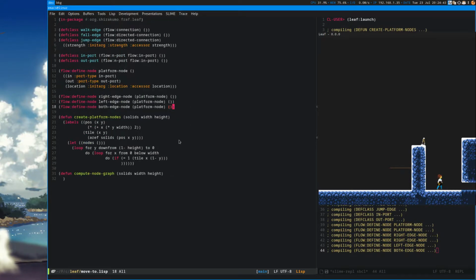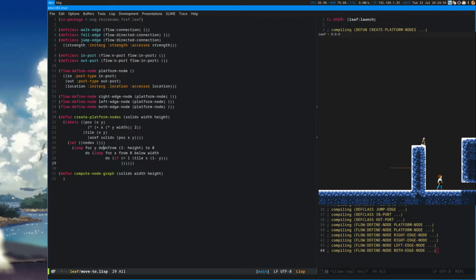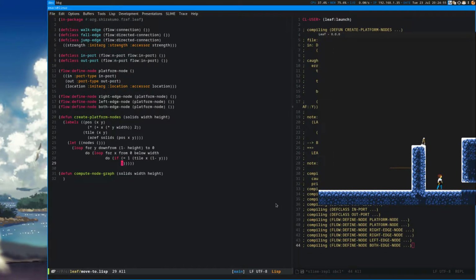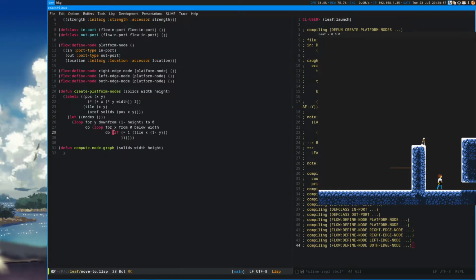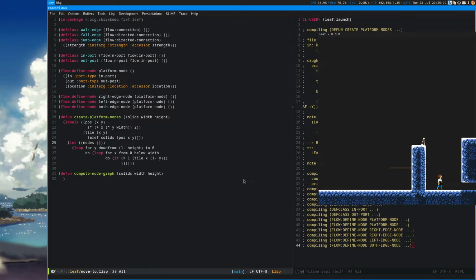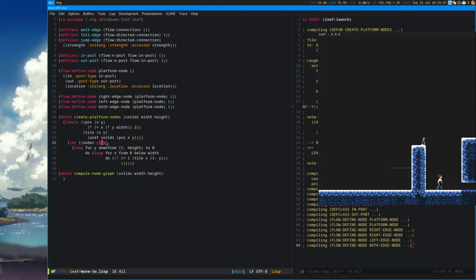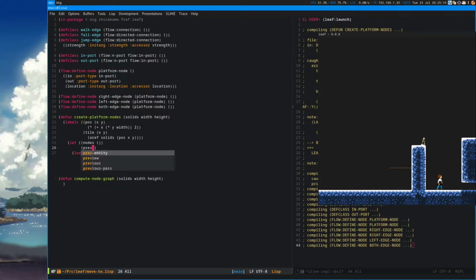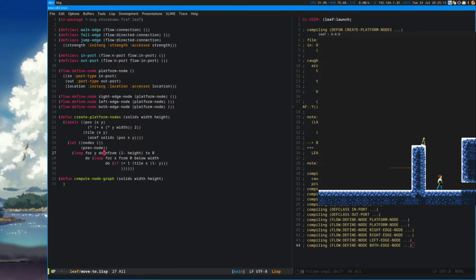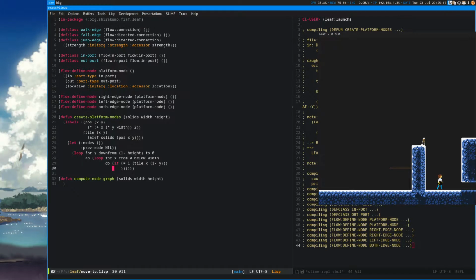Okay. Alrighty. Should probably keep a table of the nodes. Let's see, we want a previous node, which has to be nil at first. So